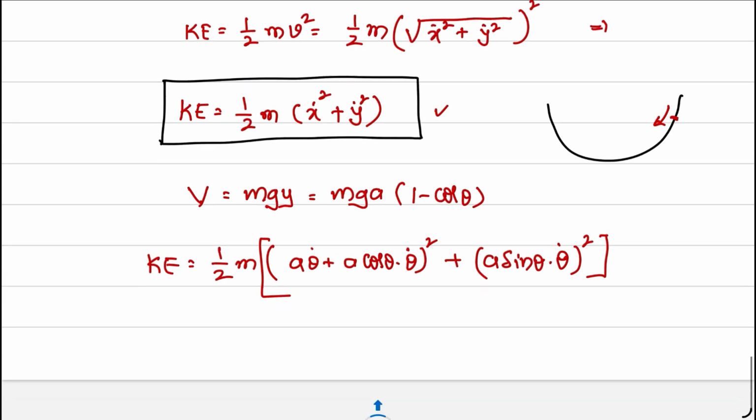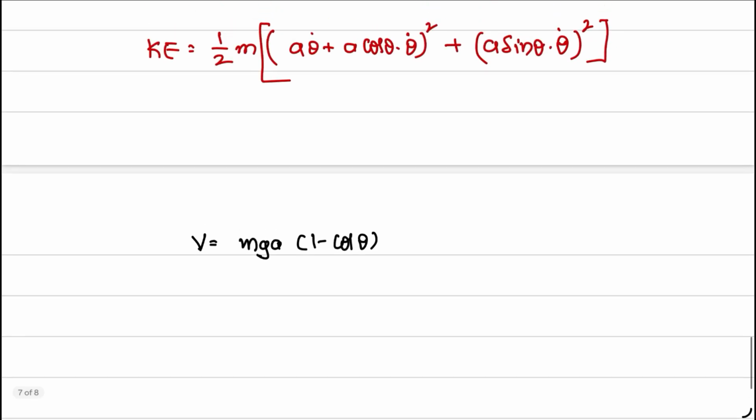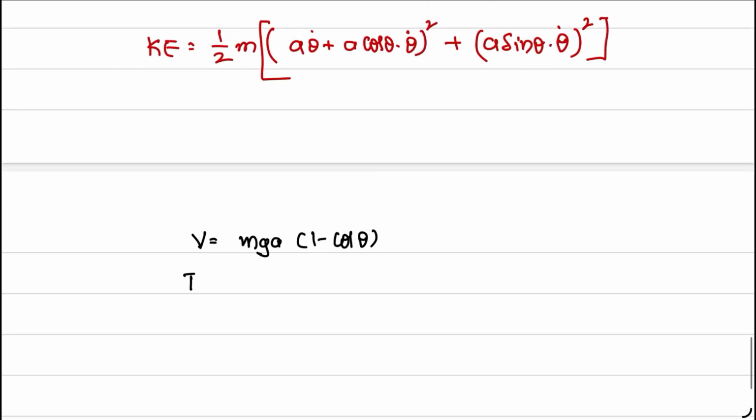You expand, you get the values. Ultimately V is equal to mga into 1 minus cos theta. I am going slow because I want to make you understand the process. And kinetic energy T is equal to, let us write it as T instead of KE, half into m into